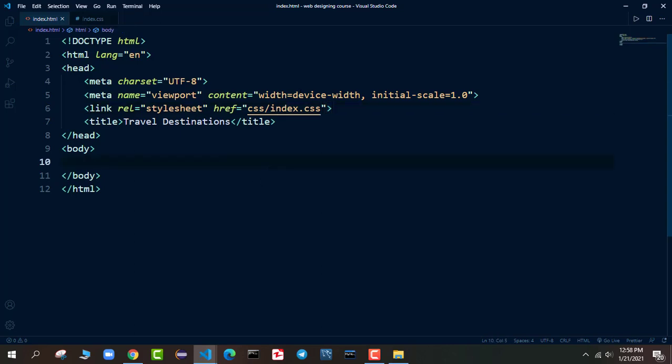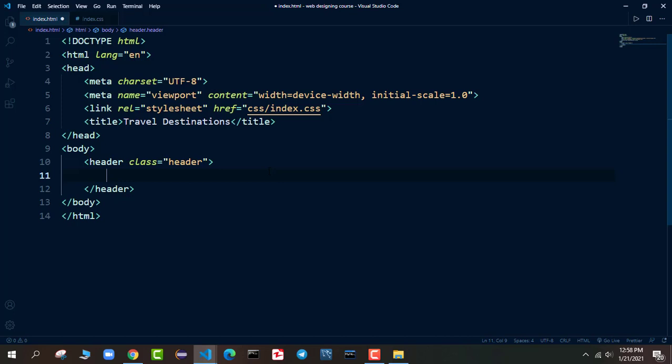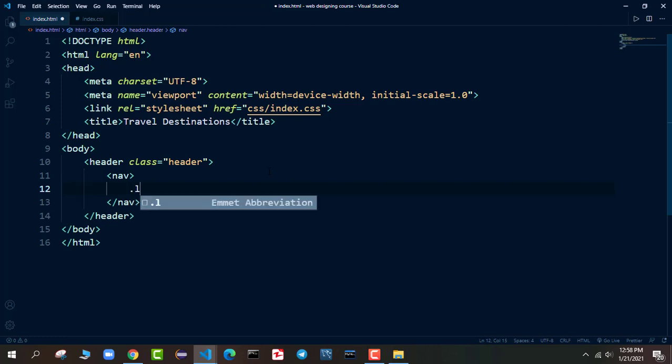Now first of all, I will add a header tag here, and in the header tag I will provide a class called header. I will come down in the header and create another tag, which is nav. Inside the nav tag I will create a logo class, so I will say dot logo. It will automatically create a div with a logo class.